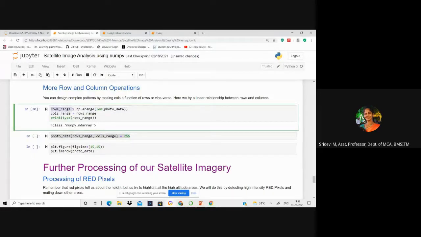You are taking the entire length of the image, some 526 lakh pixels you have, right? For that, you are taking it as rows range, and the same rows range you are assigning to columns range also. So when you take rows range comma columns range, it represents all the diagonal values where i equals j.